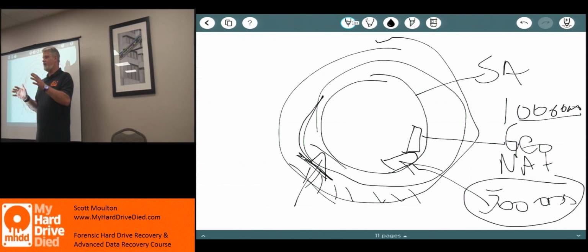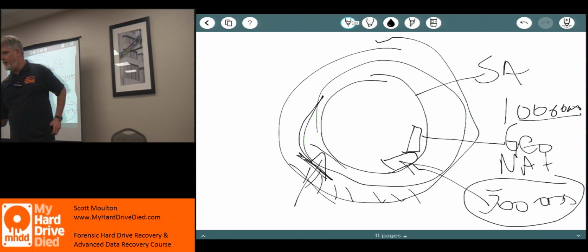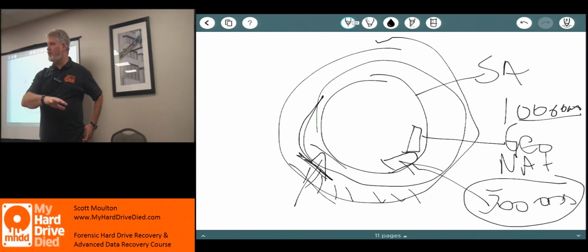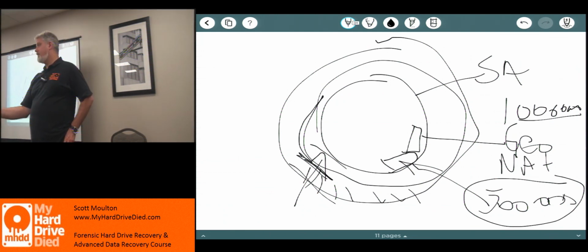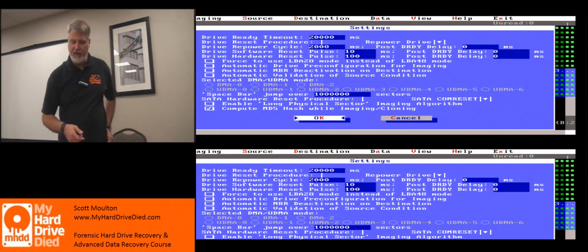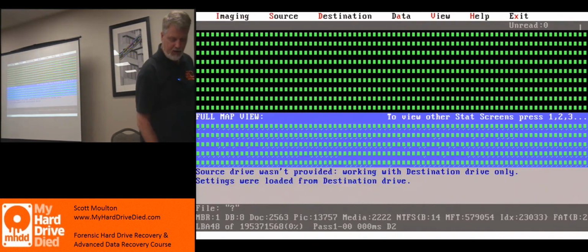All it's doing is chopping off the end. So imagine this. I give you a 200 gig drive, but I tell you my original source drive that I'm copying the data from is 40 gigs. So I want you to make the 200 gig drive a 40 gig drive. Does this make sense? So there's a command inside of a DeepSpar to do this.